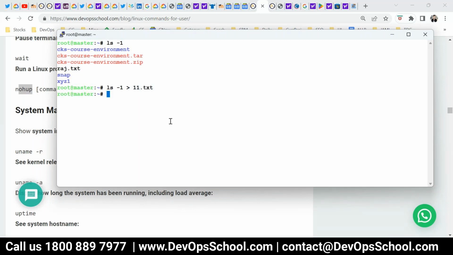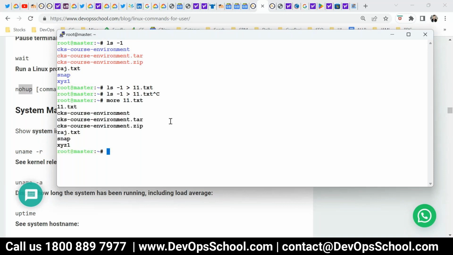Now see the 11.txt, I ran it only one time. These are the output of it.